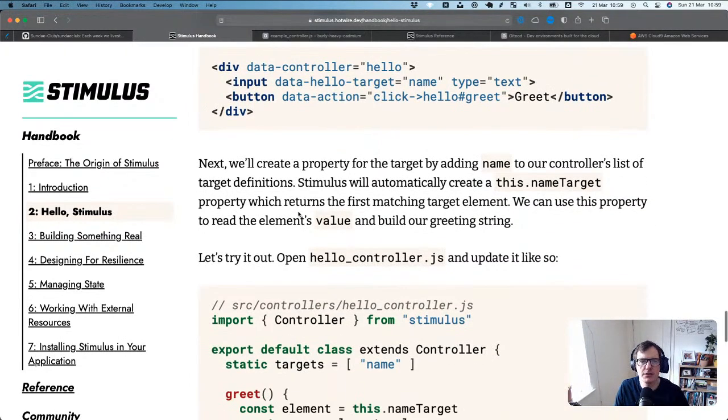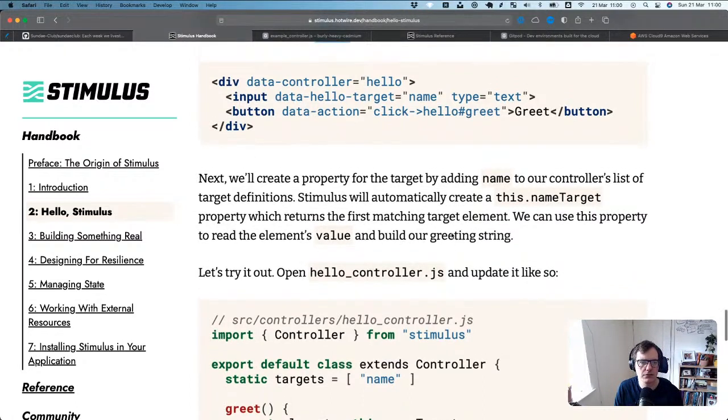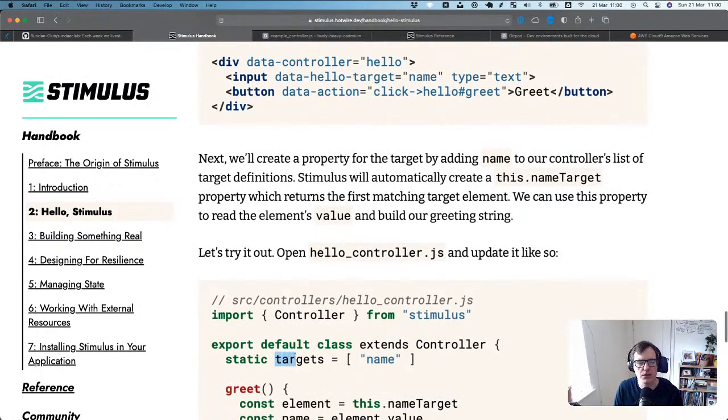Okay, so next we'll create a property for the target by adding name to our controller's list of target definitions. I've read all this before, and it's just getting it to stick in my brain. Stimulus will automatically create a this.nameTarget property, which returns the first matching target element. We can use this property to read the element's value and build our greeting string. Adding name to our controller's list of target definitions. Okay, so the